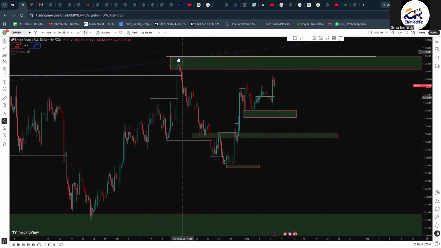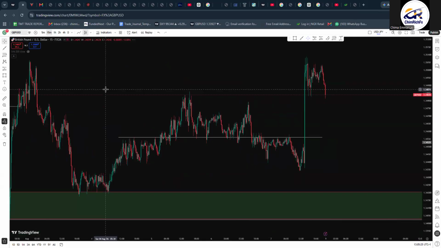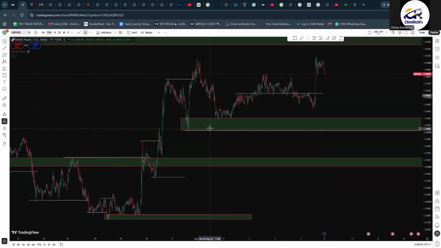Then I expect price to take out this, and so what I'll be looking out for on the GBPUSD, if I want to take a buy, is to wait for price to give me a good point to go in, maybe wait for price to dip down, give a better structure on the 15-minute time frame,